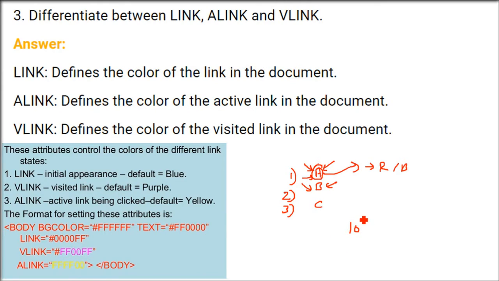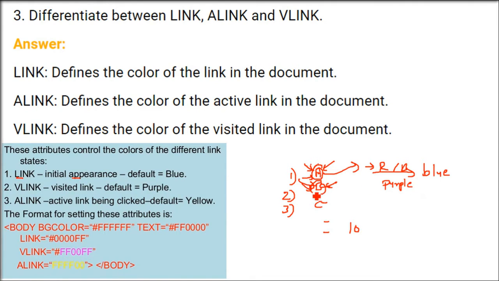So if you have 10 or 20 or 30 links, the better thing is to do this in a colored way. When we have visited a link, it should be in a different color. When we have not visited it, it should be a different color. So link is the initial color, shown in blue, meaning we have not visited it. When you press it and we have already seen it, it will be in purple color.